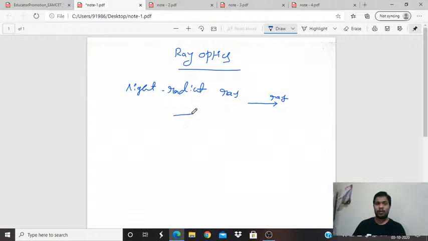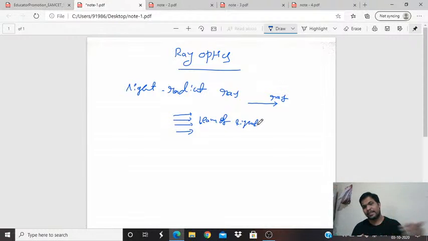If a number of light rays are gathered together, that is called a bundle or a beam of light. Here I am starting from the basics, because these classes are for upcoming batches, and those who just came to second year need everything completely. So if a number of light rays are gathered, that is called a beam of light. And if the light rays are parallel to each other,